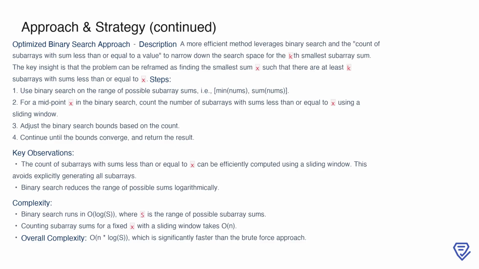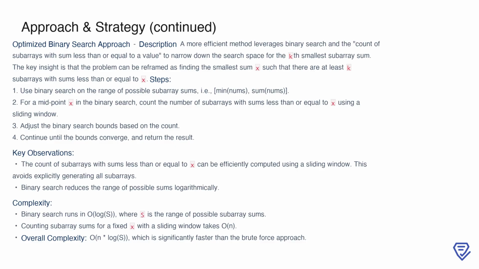For a given midpoint x during the binary search, we count the number of subarrays with sums less than or equal to x. This counting can be efficiently achieved using a sliding window technique, which avoids the need to explicitly list out all subarrays. Depending on this count, we adjust the binary search bounds, narrowing the range until we converge